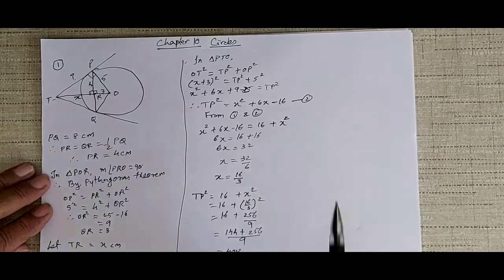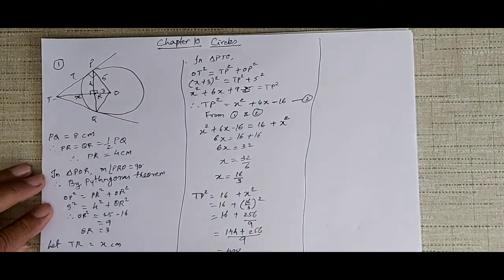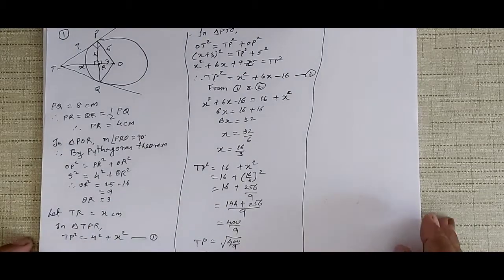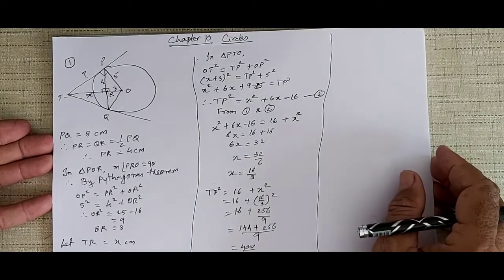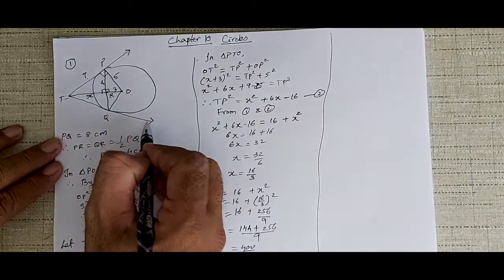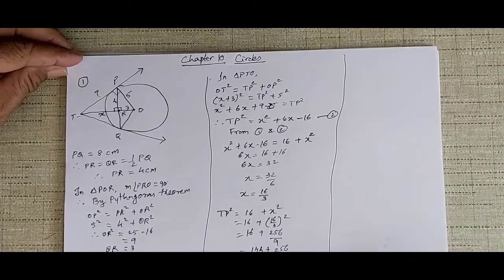Okay, 6 point something. But you can see here, you are supposed to find the length of TP. What is TP? TP is the tangent. Now this looks complicated. This question has been asked before, so let us discuss it once again. What are we given? We are given a circle. Just once again focus on this question only.